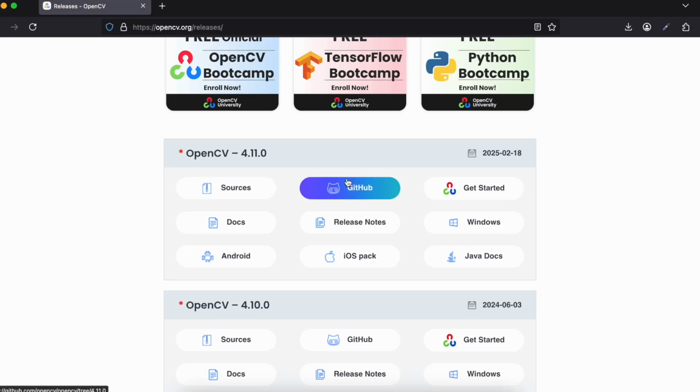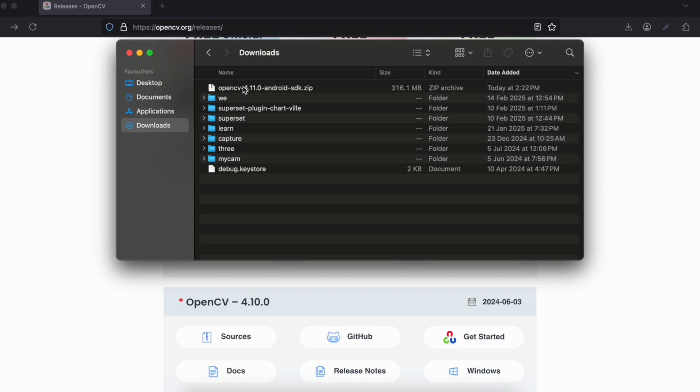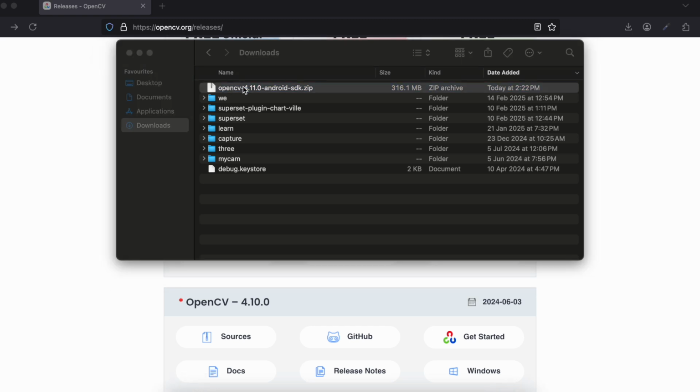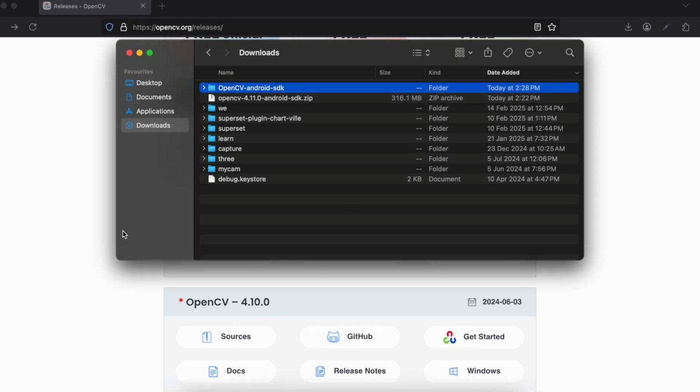opencv.org/releases. So come over here. Next, once you come over here, you will have whatever is the latest version of OpenCV. You just click on this Android button, and it will download the OpenCV for Android dependency for you. So as you can see, it has downloaded it for me. I will just double click on this to unzip it, or however you unzip it inside your own OS,